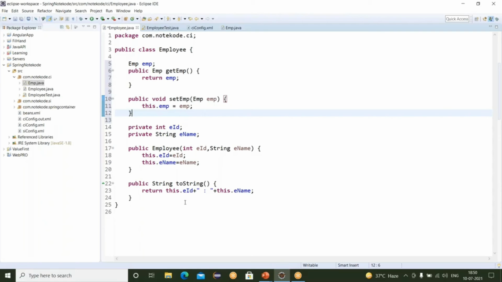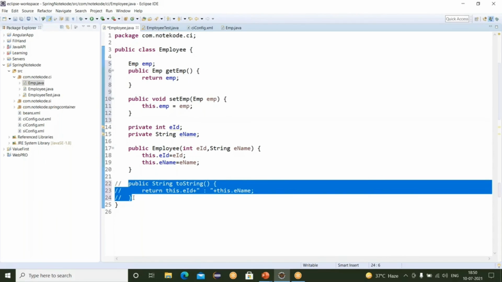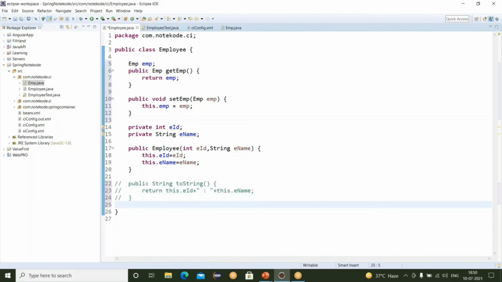Okay. Now we have to comment this, and in this, let's say I'm writing a method here, void display.